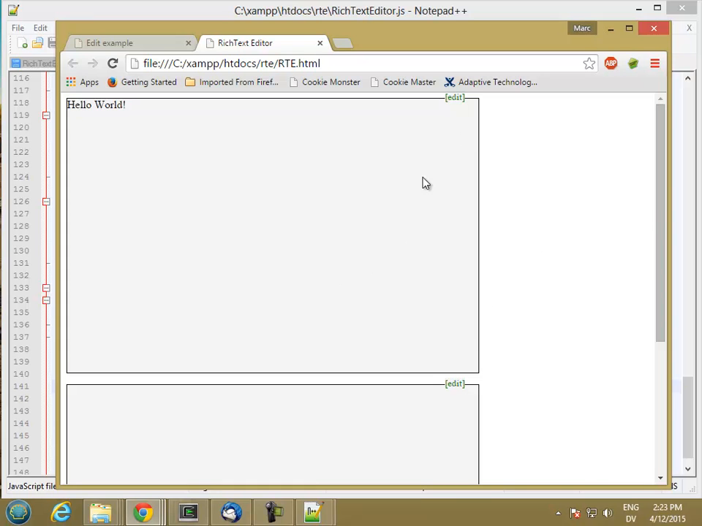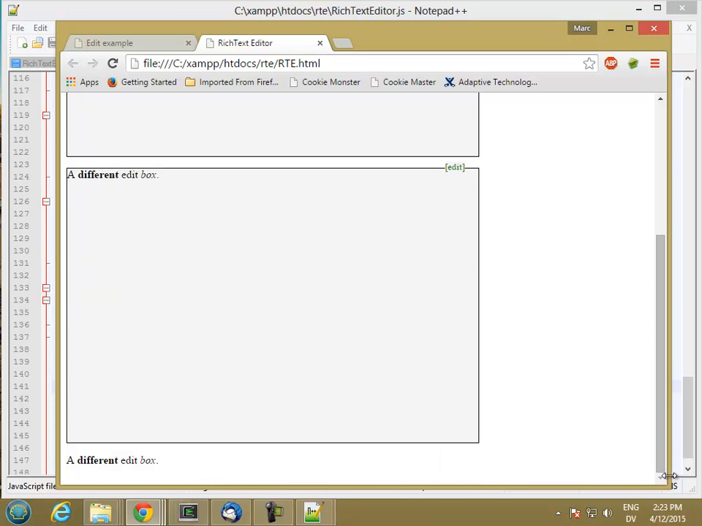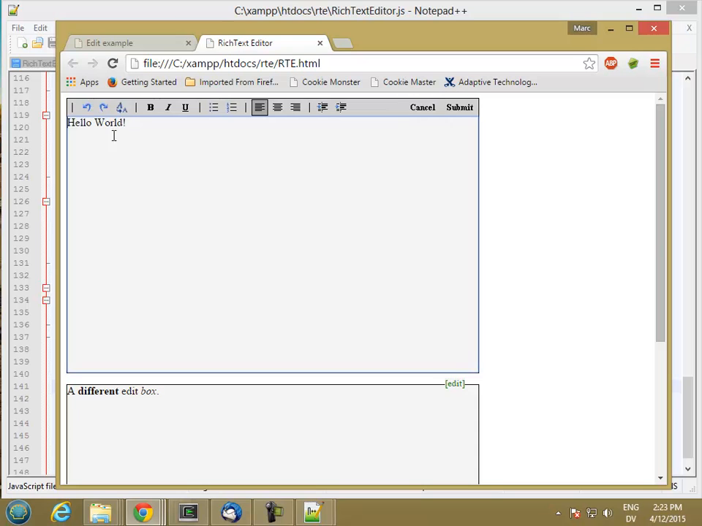Everything that we've done so far is local to this particular box other than calling document.exec command. So what that means is that I should be able to have an edit box here that I can edit, and then this should work exactly the same. So a different edit box, and if I select a word and bold italic, and then submit, everything works the same way. I can edit this one again, bold. I can even leave this one up and start editing here,